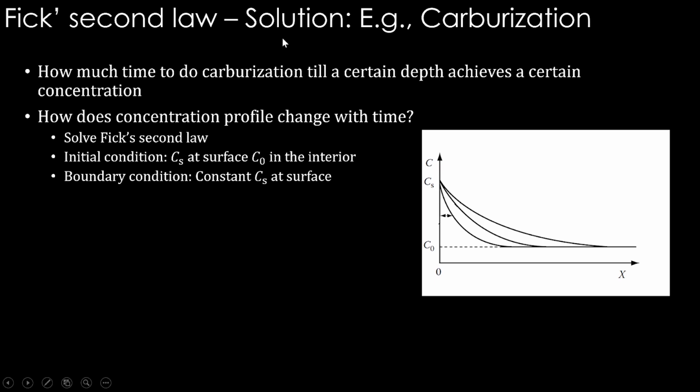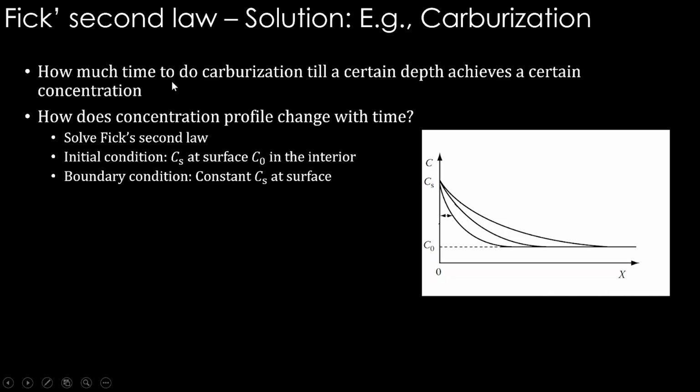Take this example. This is a solution of Fick's second law for the application of carburization. Carburization is an industry process where material is taken, let's say steel, and a carbon source is given at the surface. Therefore, continuously there is a carbon supply, and with respect to time, carbon diffuses into the steel, and at a certain depth there will be some concentration of carbon. If that is achieved at a certain depth, then the entire case above that will have a certain hardness. So it's a process to increase the hardness of the material.